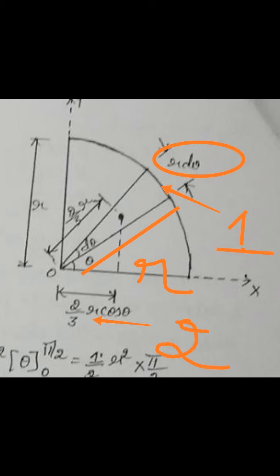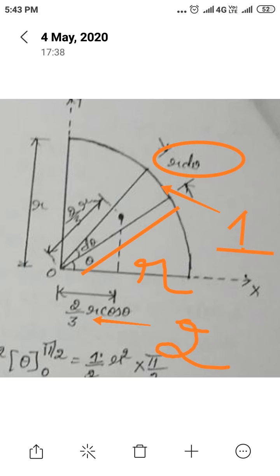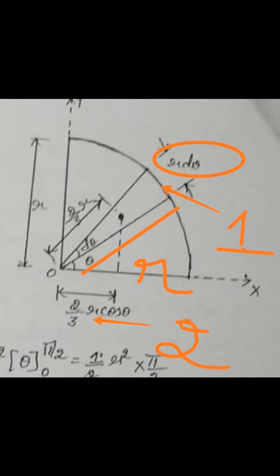I have placed that quadrant on an x-axis and y-axis exactly at the center. The origin of the circle lies at the origin of the x-axis and y-axis. In that quadrant, I have taken a small segment, a small piece. That small piece which I have shown here has a smaller angle theta with the base x-axis.